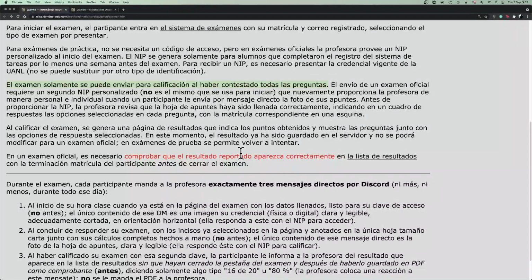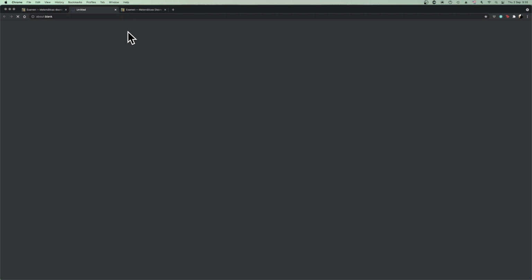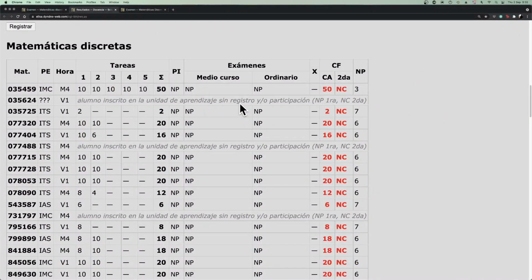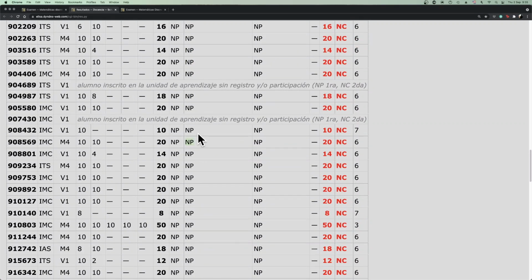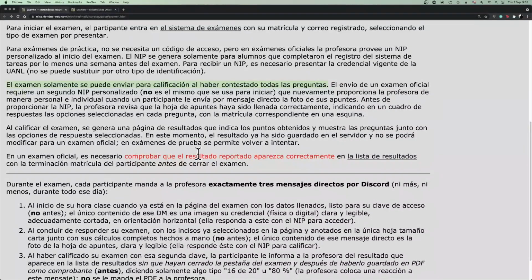Before you leave, you will need to go to the result list. It's the same one where we put the homework stuff. So it's going to show up here under medio curso. You're going to scroll down and look at your result. You will not close your exam until you've actually seen that the result appears here correctly. When you've seen that, you're going to send me one final message saying what your